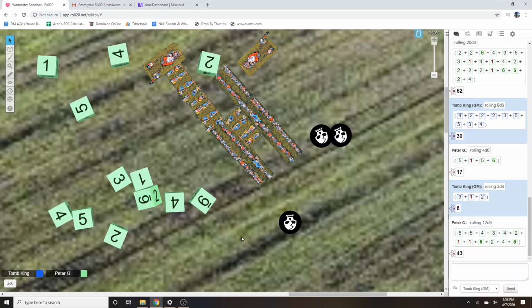So that's Warmaster on Roll20. That's kind of the quick and dirty. Maybe not too quick. We spent a lot of time talking about this. As a note to folks watching, we have found that you need to look at the dice rolls in the chat bar because the 3D dice, as beautiful as they are and as much as I love them,